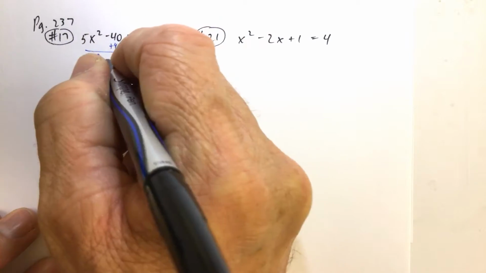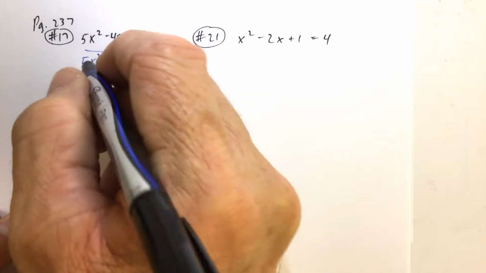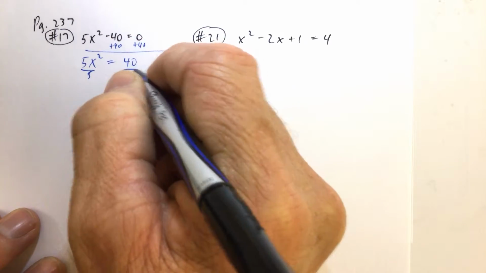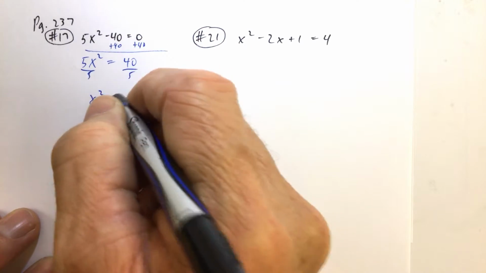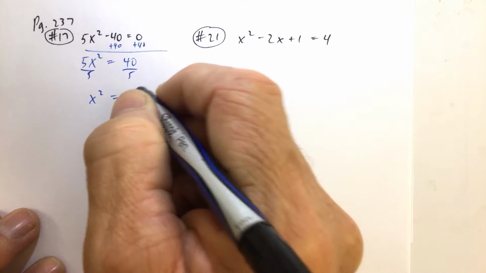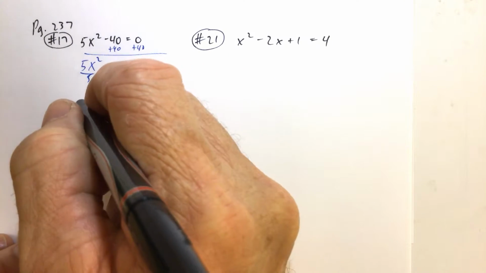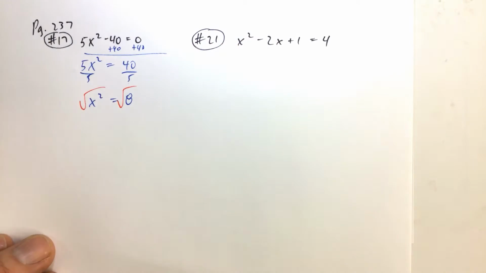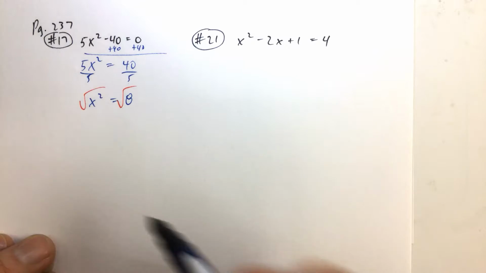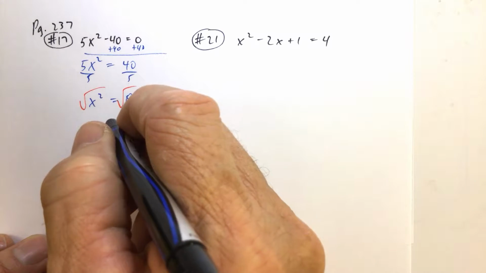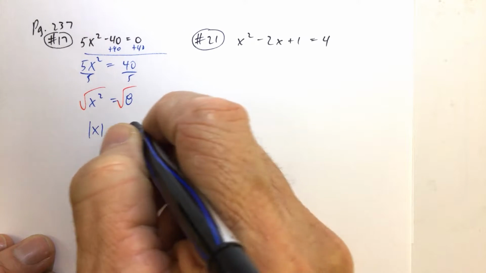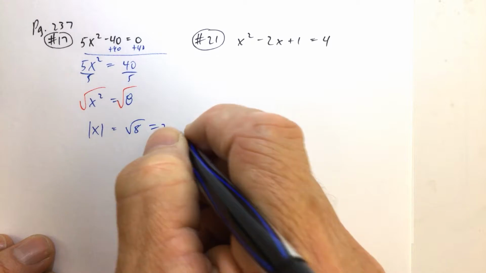And adding 40 to both sides gives us 5x squared equals 40. And then if we divide both sides by 5, we get x squared equals 8. And this is just another strategy for solving quadratic equations. If there's no linear term, then we can isolate whatever's being squared, and then we can take the square root. And we get the absolute value of x equals radical 8,